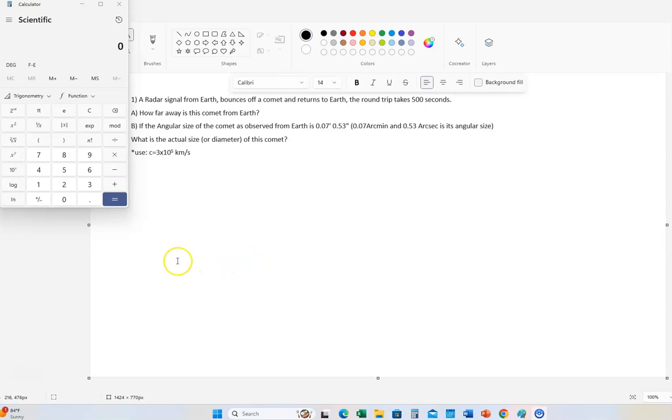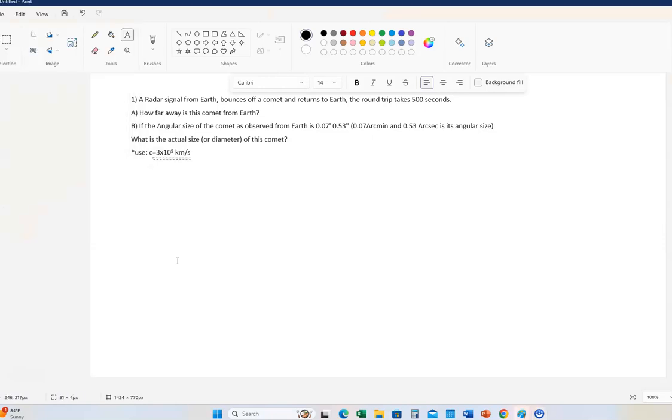All right, so the basic equation here that we're going to use is the speed of light. We're also given the speed of light right here in kilometers per second. Oops, let me switch that. Sorry. So in kilometers per second, and